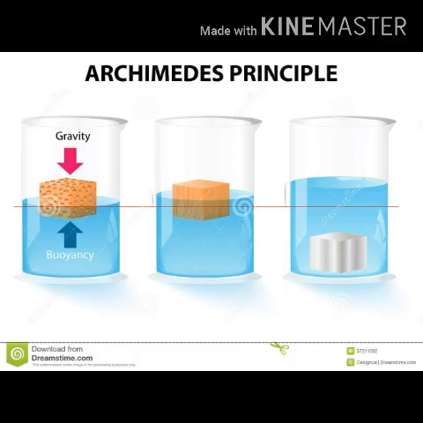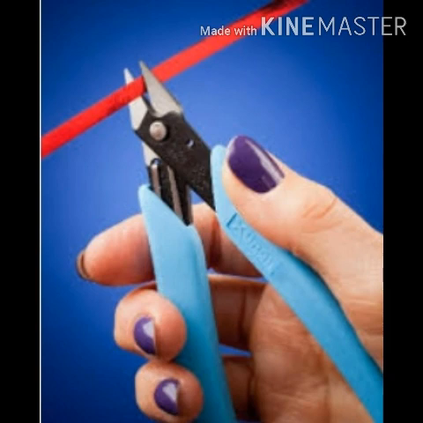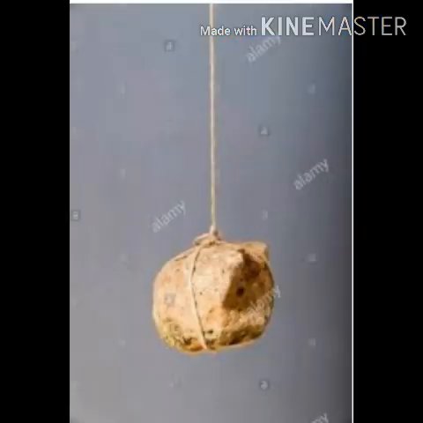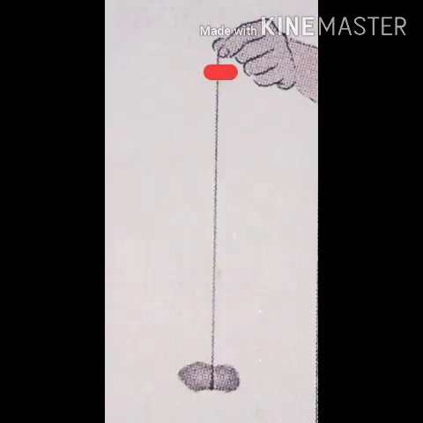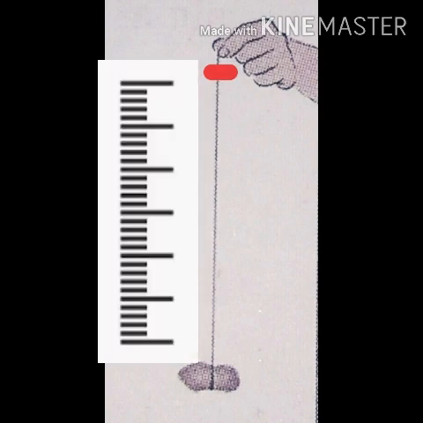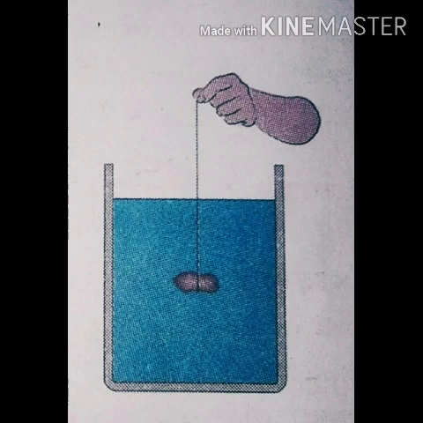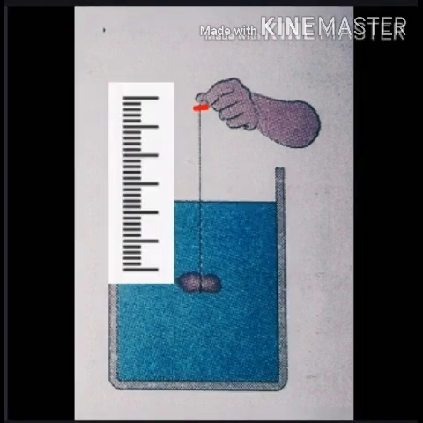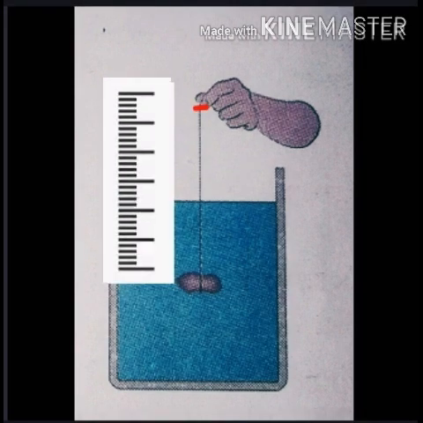Archimedes' principle. Take a long rubber band and cut it at one point. At one of its ends, tie a clean washed stone or a 50-gram weight as shown in the figure. Now hold the other end of the rubber band and make a mark there. Keep the stone hanging in air and measure the length of the rubber band from the stone to the mark made earlier. Now take water in a pot and hold the rubber band at such a height that the stone sinks in it. Again measure the length of the rubber band up to the mark.